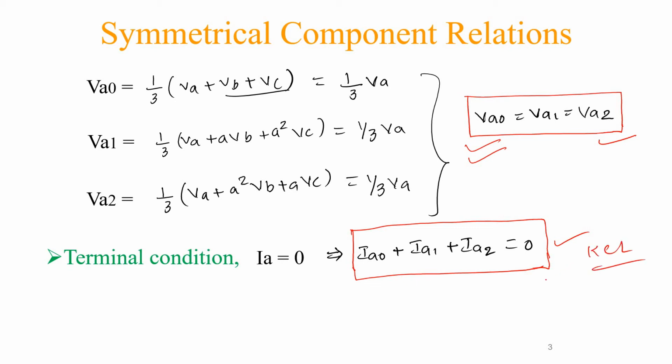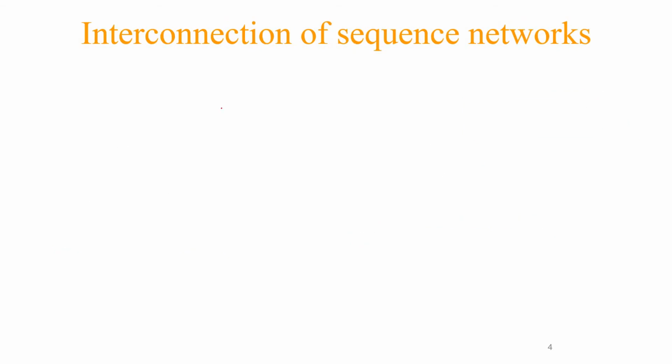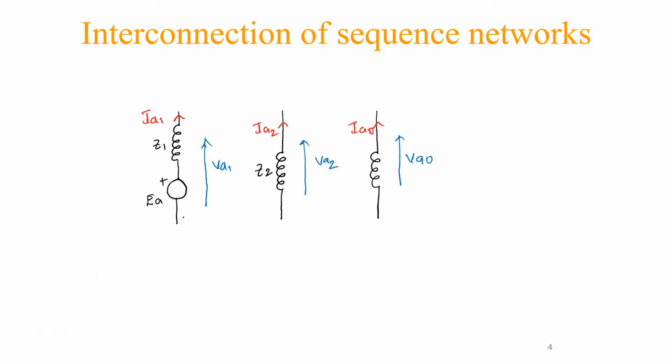So where will you apply the KCL condition? In parallel circuits. In a series circuit, you will use KVL for the analysis. In a parallel circuit, we go for the KCL rule, that is the node analysis. So now we need to represent the sequence networks in a parallel connection fashion. This is the interconnection of the sequence networks. Let us consider the positive sequence network, negative sequence network and zero sequence network individually. Now we are going to connect them using the above relations. The above relations satisfy the parallel condition, so we can directly connect all these networks in parallel. Now the circuit is done.